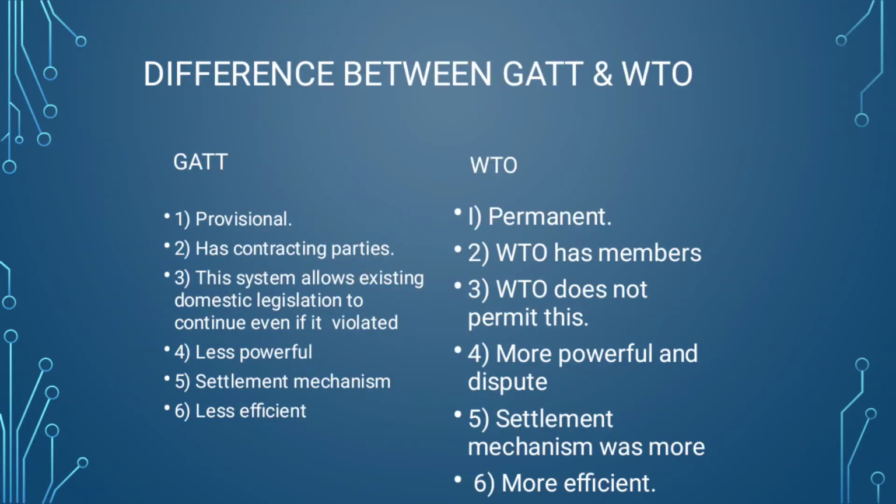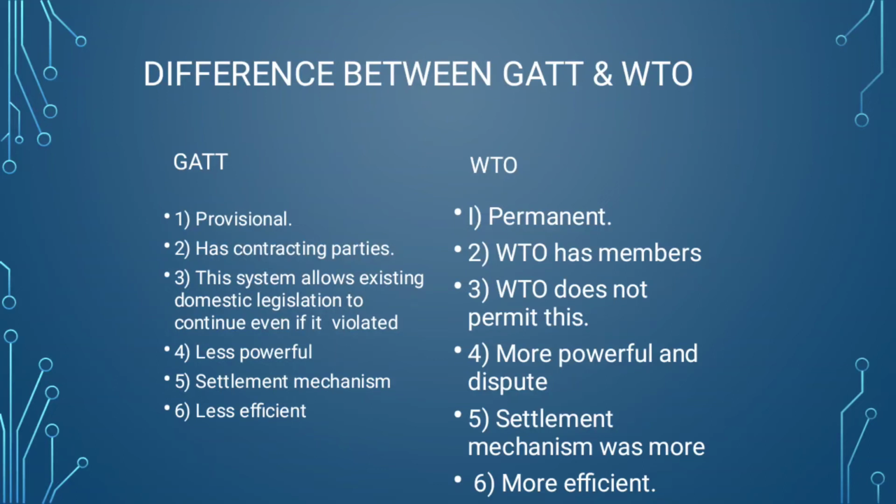Now let us see the difference between the General Agreement on Tariffs and Trade and the World Trade Organization. First of all, the GATT is a provisional one, but the WTO is a permanent one. And the GATT has contracting parties, whereas the WTO has members. The GATT system allows existing domestic legislation to continue even if it is violated, but this is not permitted in